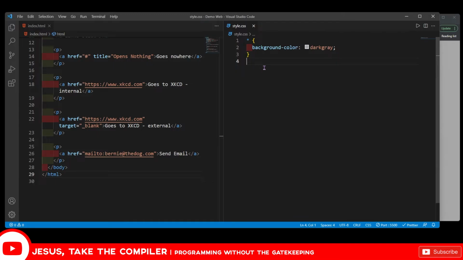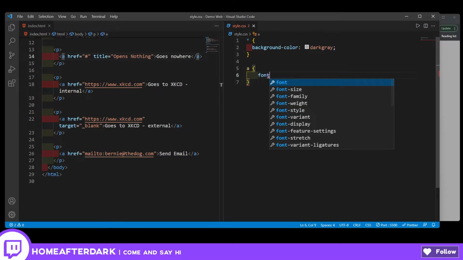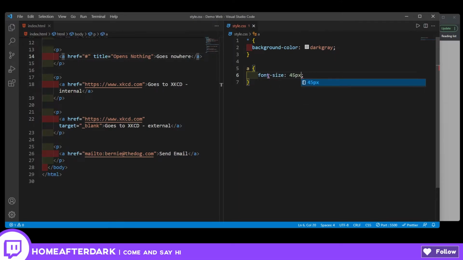Cool. Doesn't make it a bit better, but I just don't like that bright white everywhere. So now I'm going to target every a tag right here, or hyperlink. And so let's do font size, 45 pixels, color,